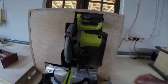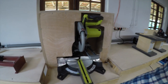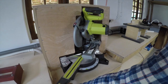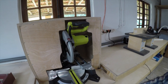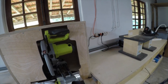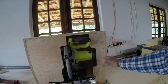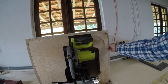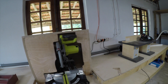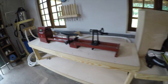and the inserts, as now it does a 90 degree, and it allows me to do a 45 degree at this angle, but if I want to go to the opposite side, it catches over here. So I made another insert that I hide at the back. So this comes off, and then that goes in there, and then allows me to do another 45 degree cut this way. And this is the lathe